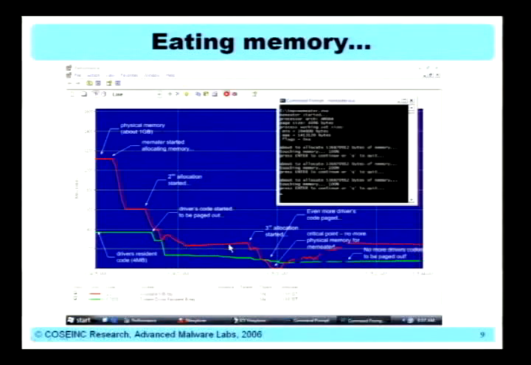By repeating those allocations, we see that the kernel was paging out more and more kernel code until some critical point where no more memory from the kernel was paged out to the page file,